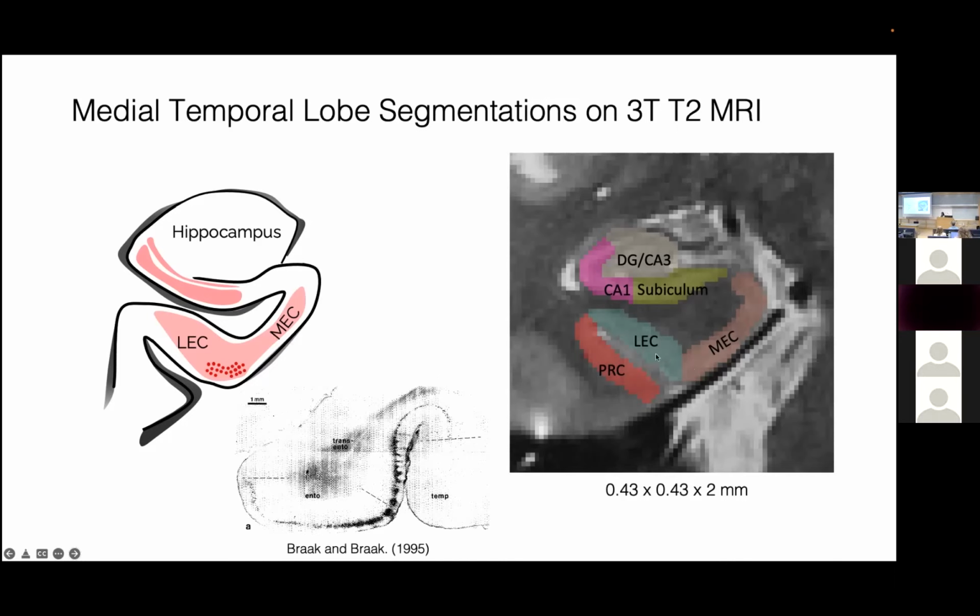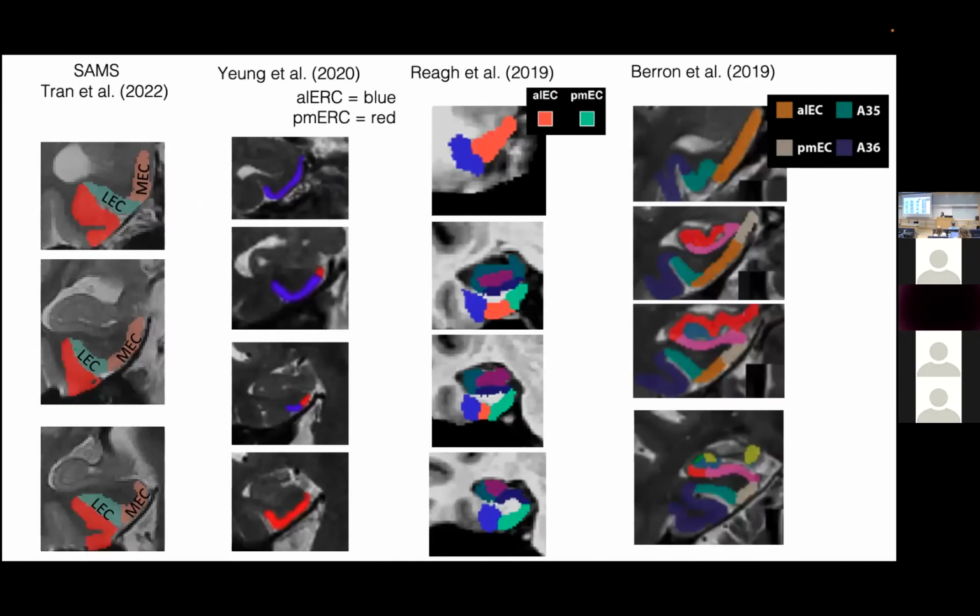And so given the space that we are in right now, I just wanted to take a moment and talk about the fact that, as we all know with the hippocampal segmentations, for the entorhinal cortex, as we're moving further into there, we're all trying to delineate the entorhinal cortex, but there's a large amount of variability across these different segmentation protocols. Sometimes we're using different terminology. There's a great deal of overlap, but in terms of volumetric analyses, in terms of functional analyses, these are going to clearly impact our results and our interpretations, especially moving forward in the data that I'm going to show you today.